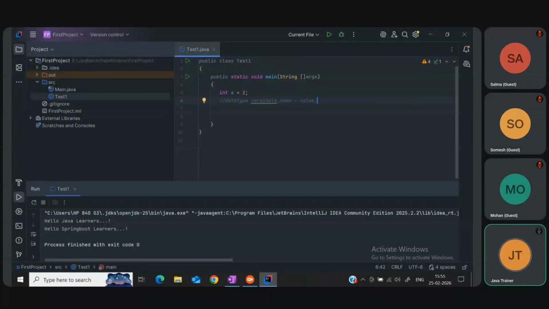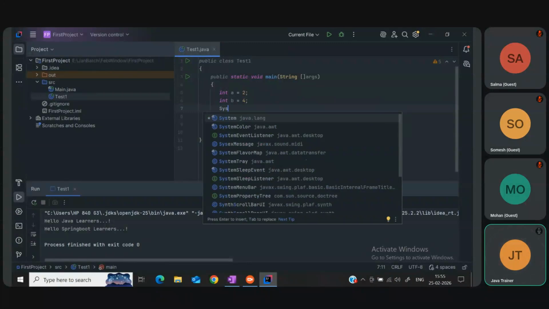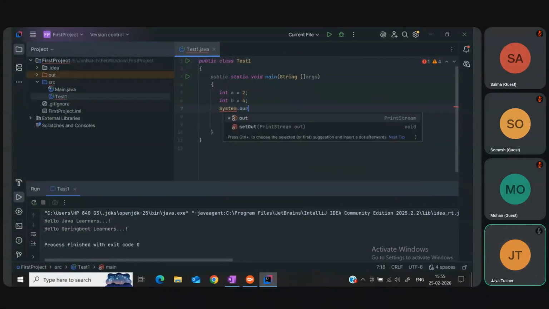This is the generic syntax of declaring a variable. So I have taken one integer data, I want to take another, integer b equals 4. Now if I go inside this statement, System.out.println,